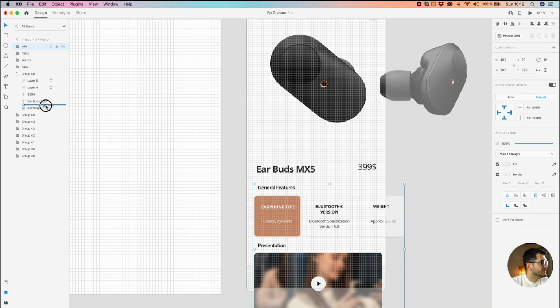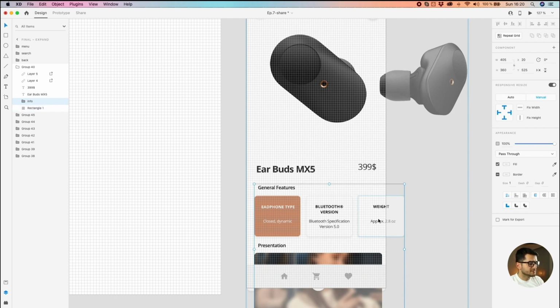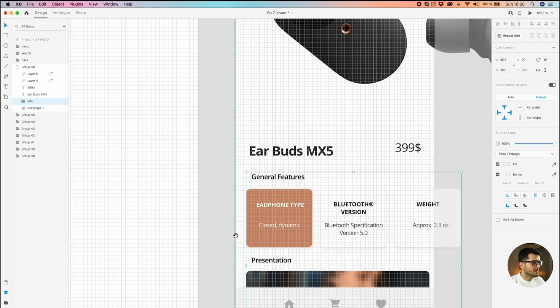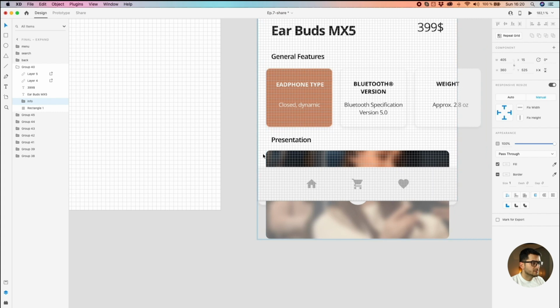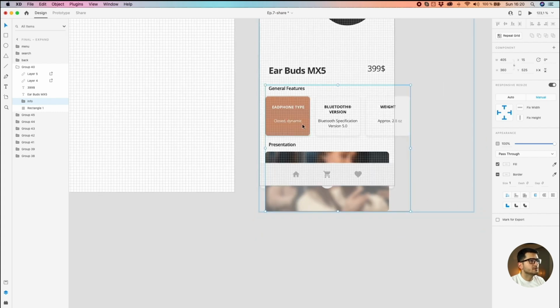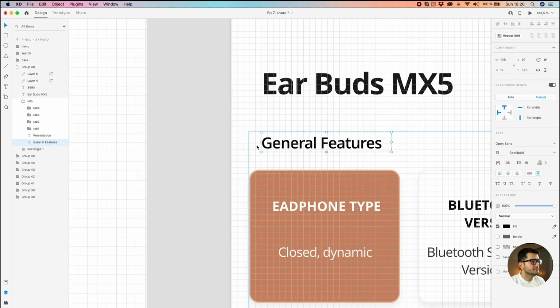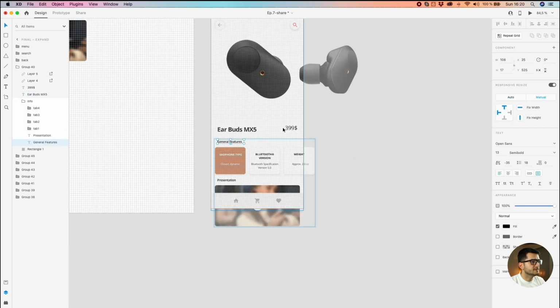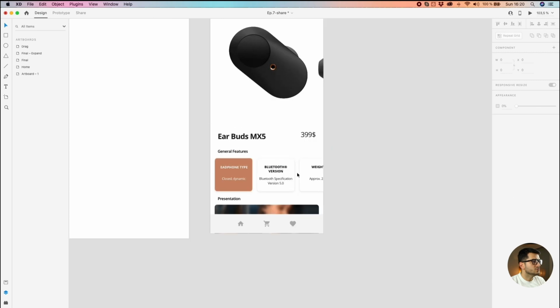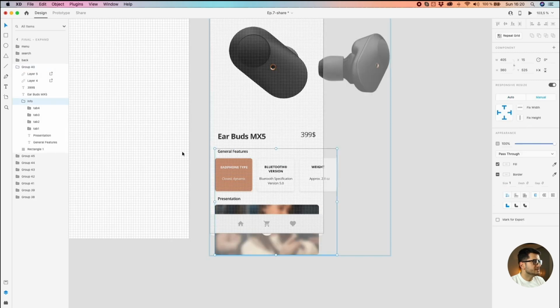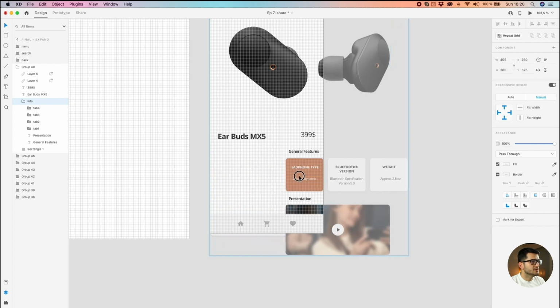And actually beneath the product title. Let's make sure. $25, perfect. What we want to do here, go inside the group, select the entire info card component, let's move